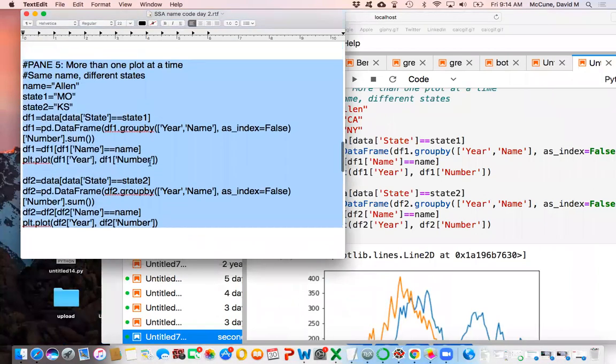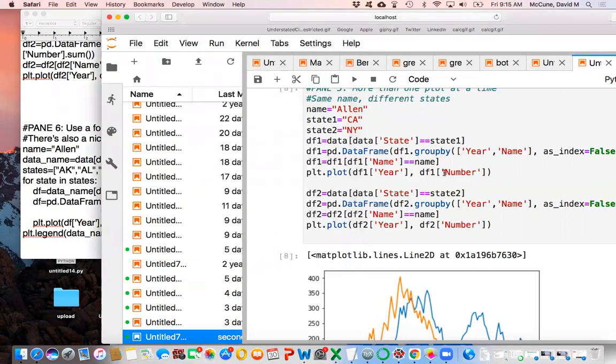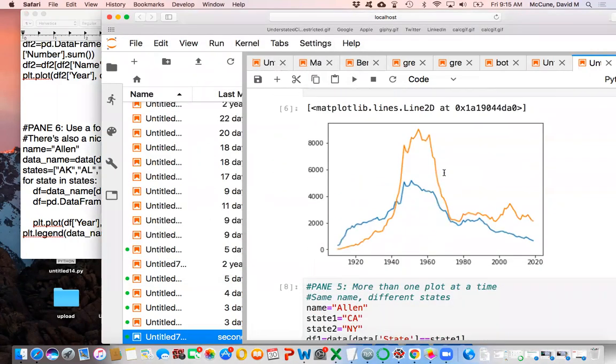Okay, so this next pane, we're gonna reach back and reacquaint ourselves with an old friend, the for loop. We all liked that back in the day, didn't we? Which really does feel like a long time ago. You know, 2.5 months ago, whatever, feels like a lifetime ago. Before I grab this though, any questions on these plotting multiple plots at the same time?